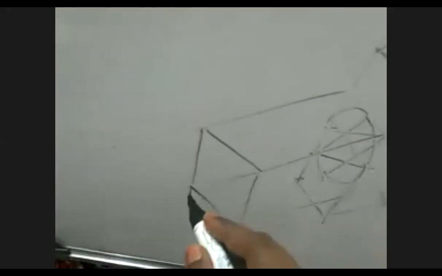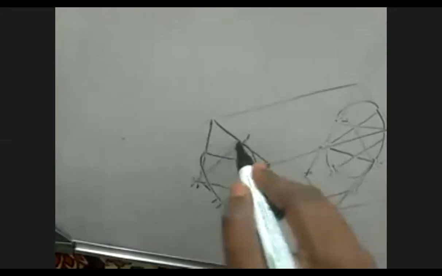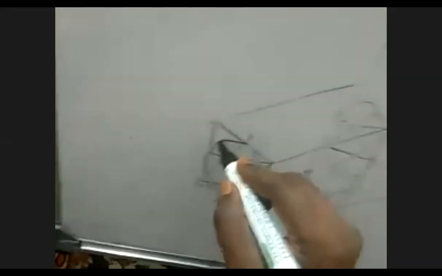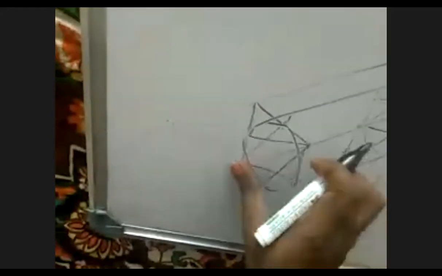When you do the 6 count, you will get it like this. These are the midpoints of all 4 lines. So draw a V-shaped line like this, like this, like this. Center radius arc, center radius arc, center radius arc, crossover line, center radius arc. Then draw a tangent line to the ellipse and erase all unwanted lines.